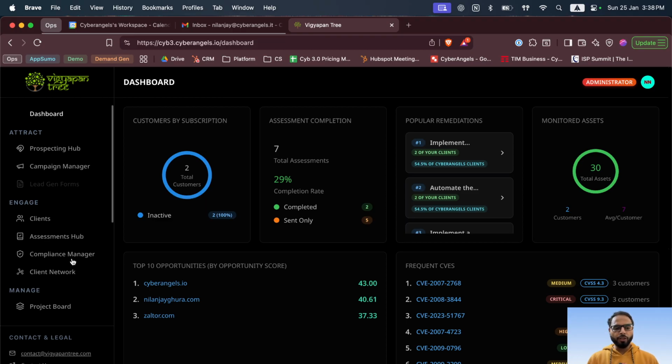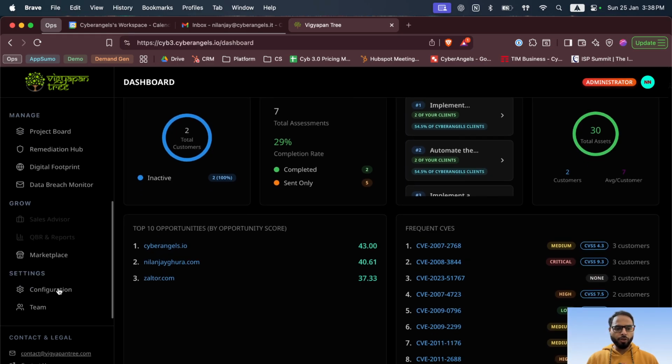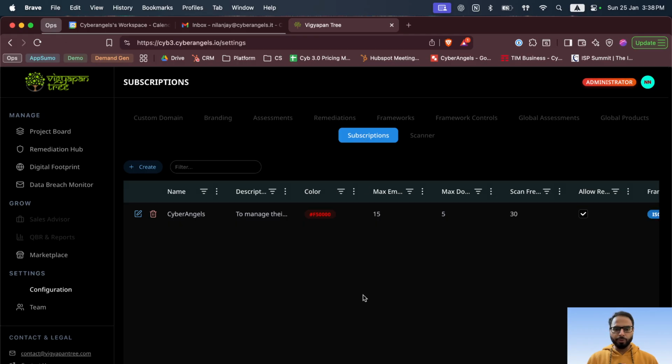So before you do that, we need to first understand something known as subscriptions, right? So if you go to configurations on your CyberAngels dashboard, you will see on the top something known as subscriptions. Now, what exactly is subscriptions? Subscriptions is nothing but a way to enable or decide what type of services you want to give to a